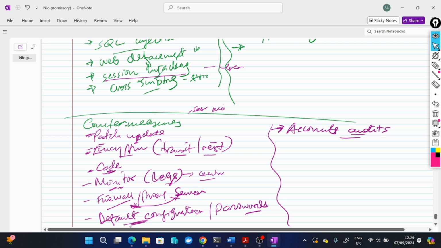Unused accounts. It's the same way you have an application and someone created an account, and you monitor to see if that person is using that account. If that person has remained dormant for a certain period of time, you just disable the account. The same thing happens with social sites like Facebook and so on. If you don't use your account for a certain period of time, it's considered